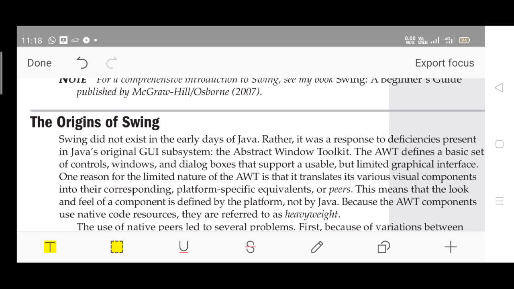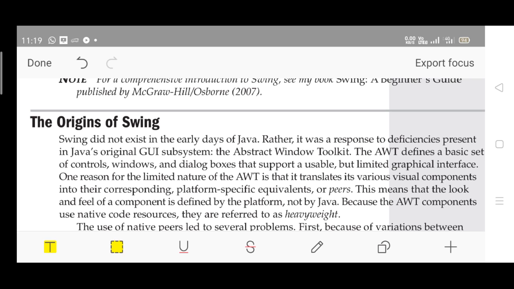Then various types of buttons like submit, cancel, clear, whatever. Even you must have seen some kind of check boxes and multiple choice questions which will be containing radio buttons, isn't it? If you select one, the other one will be automatically disabled. So if you go for the second choice, then the first one will be automatically disabled, isn't it? So these are all the various features which you are familiar with in day-to-day life over the internet. So we'll be discussing how to generate such features using Java. It can be done with the help of the concept called swing.